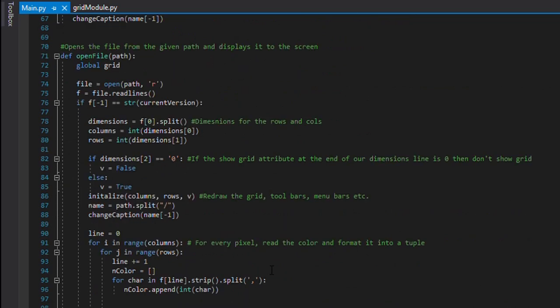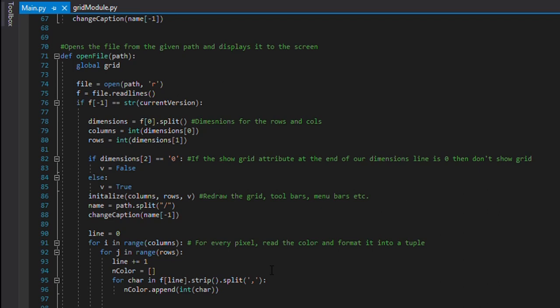Moving on, to open a previously saved file, I've defined a function called open file. This function simply acts like a reverse of the previously defined save file. In the save file, we saved important information in a text file. Now this function simply goes in reverse and reads the text file.